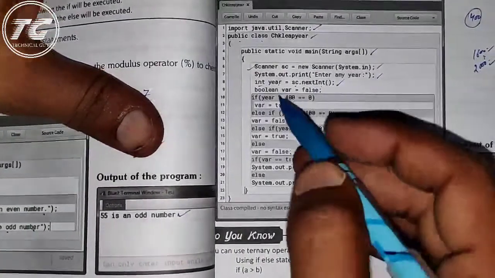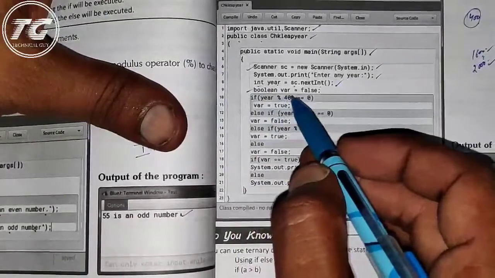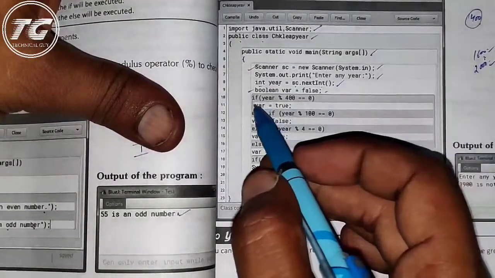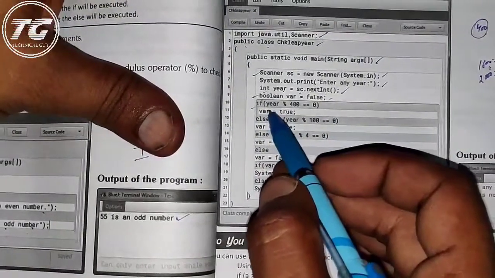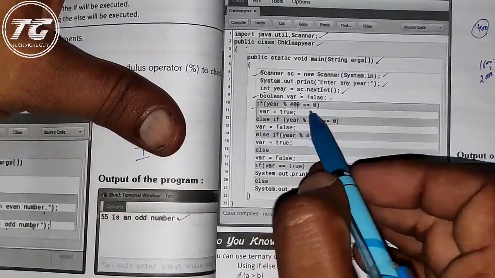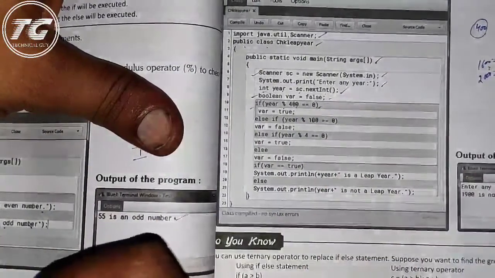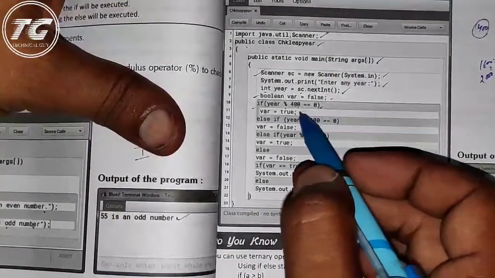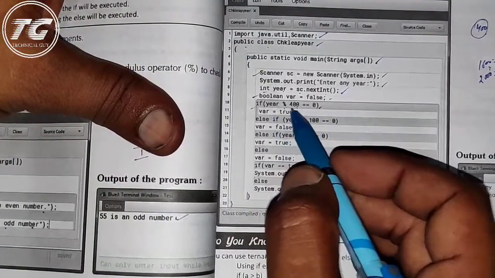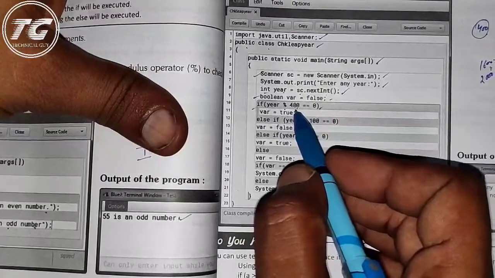Then what we will do, firstly we have taken this boolean variable whose value is initially false. Then here is the first condition, if year remainder by 400 equals 0, it means the year is divisible by 400.